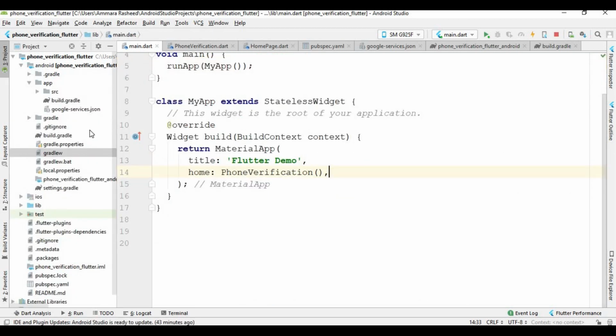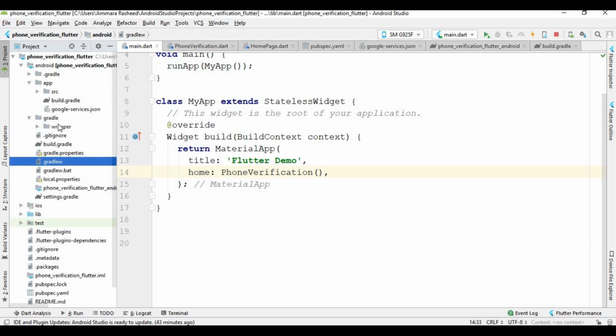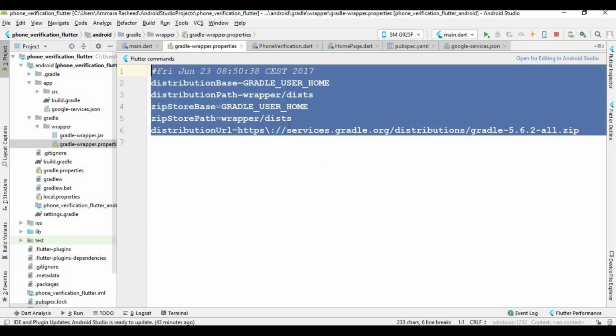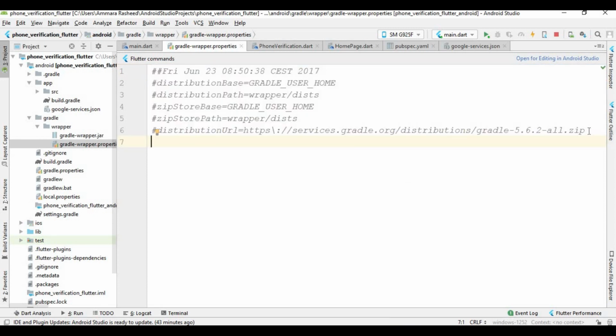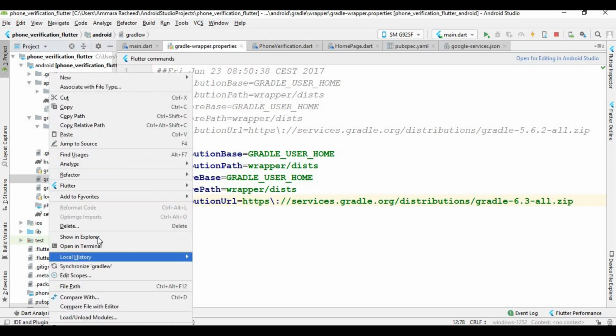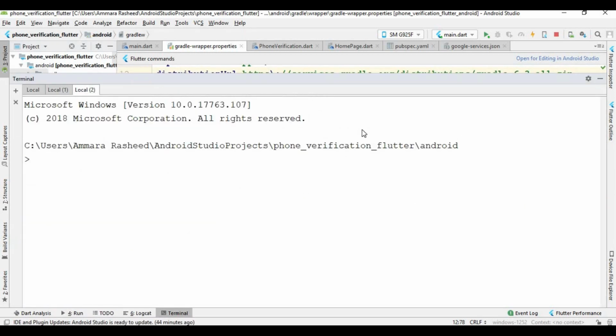So now just open this Gradle from here, and then this file, make this whole comment, and now paste the files, and now you will see this type of file. And now again open this file, go to terminal and write